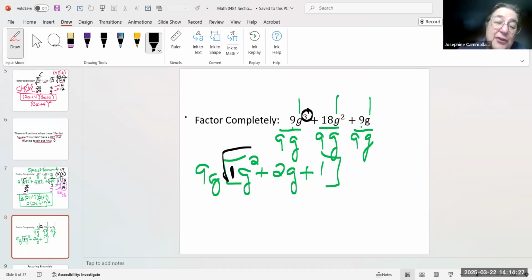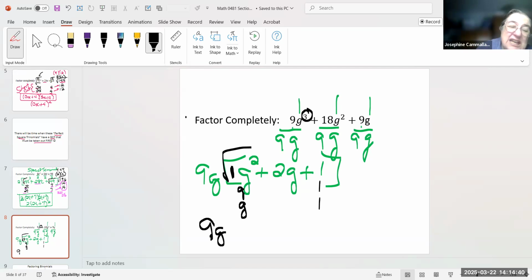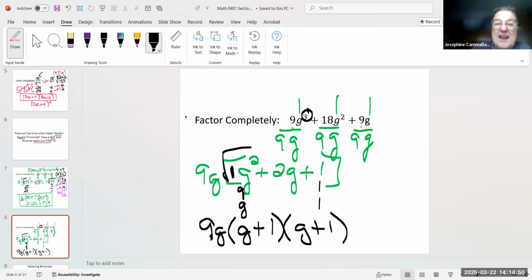So if I take the root, 1 is going to be 1 times 1. That's over here, 1 times 1, which gives me 9G, G plus 1, G plus 1. Notice how the signs line up. Or 9G,